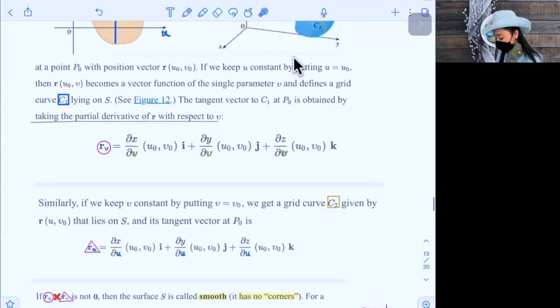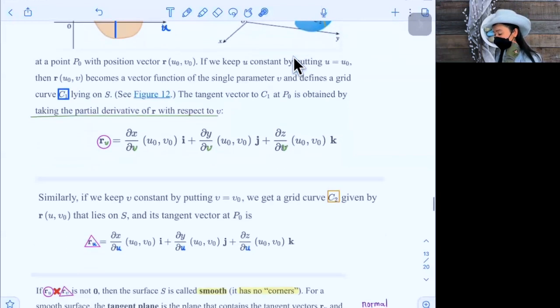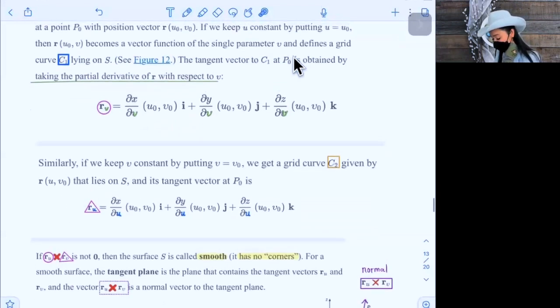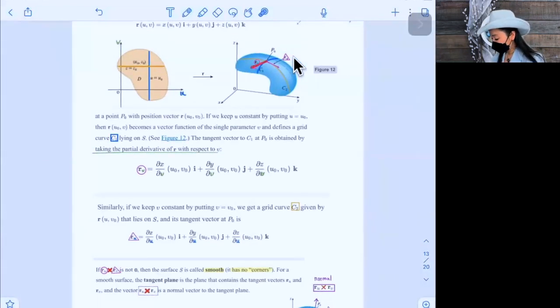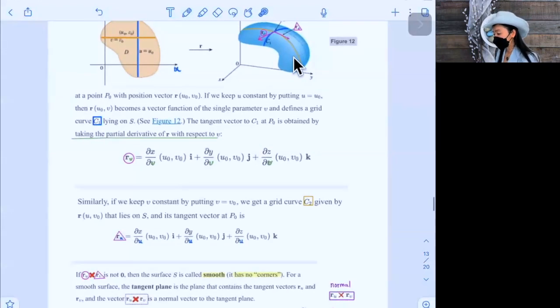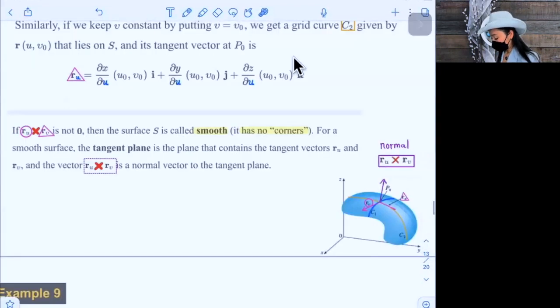And I put a triangle over here so that you see the correspondence right there, okay? Then what happens here: if this and this one, if the cross product is not zero, then the surface is called smooth, okay? It has no corner. So for a smooth surface, the tangent plane, remember when you have a plane